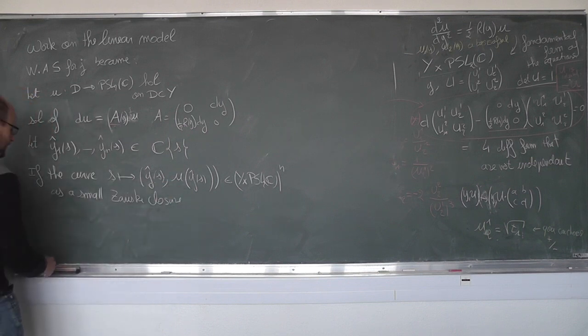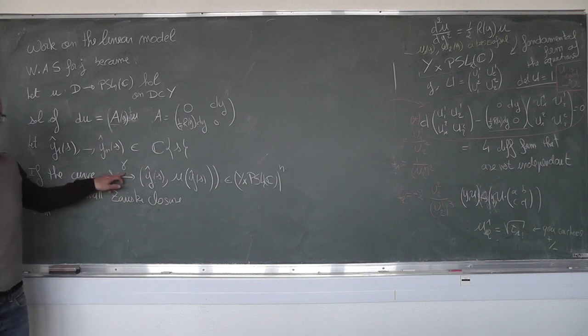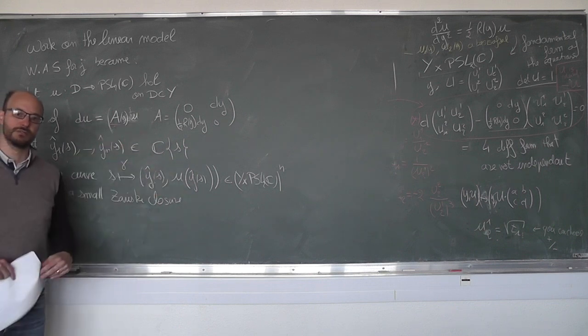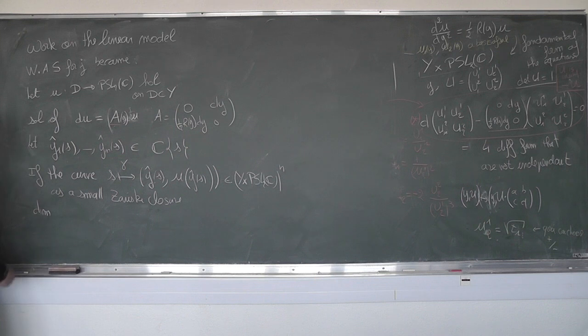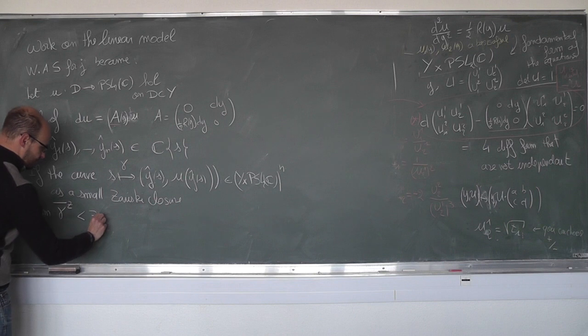So small here means the dimension of, let's call this curve gamma, and I will call with the same letter the parameterization and the image of the parameterization, so the analytic curve. So this is also the image, and this will be the notation for the Zariski closure. If this is strictly smaller than 3n plus 1,